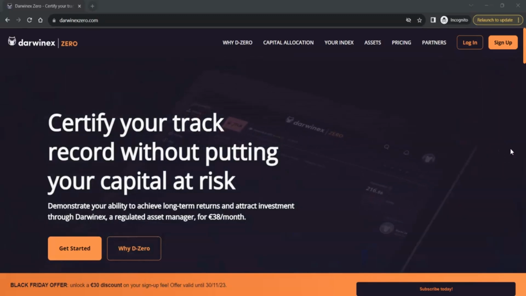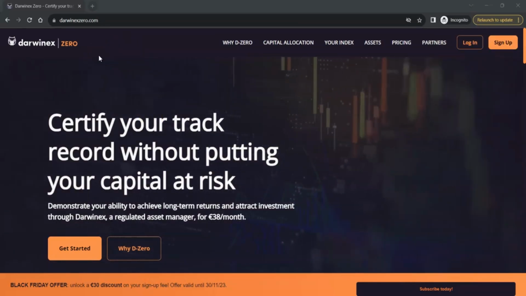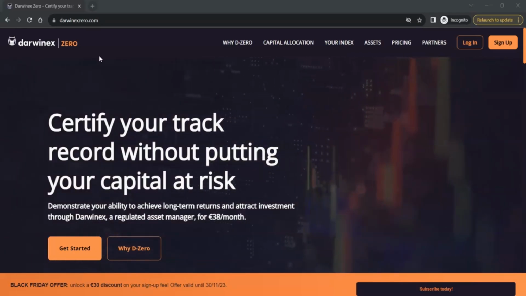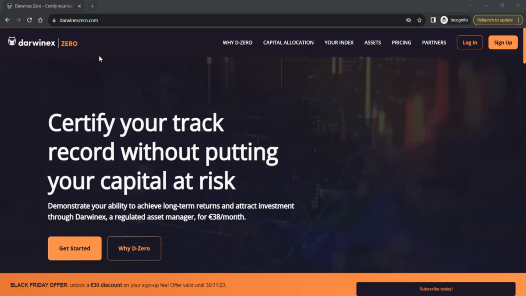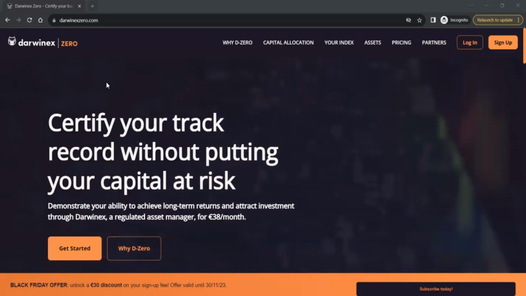So the first thing that you will have to do is sign up on darwinexzero.com. Before we sign up, let me qualify that you don't really need a Darwinex Zero account to complete this course. Pretty much everything that I have taught can be completed on MT5 demo server. However, there is a difference between demo server and live trading server, and it's always advisable to have a live trading server to perform your backtesting and see how your trading algorithms would have behaved in live trading environment. But again, from a theory and proof of concept point of view, you can complete the entire course